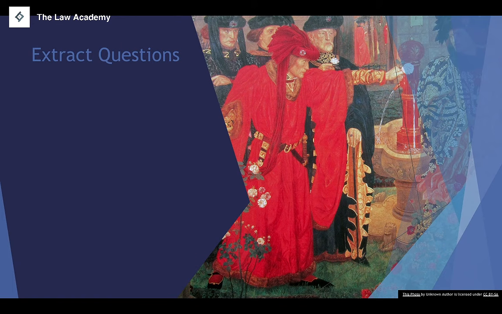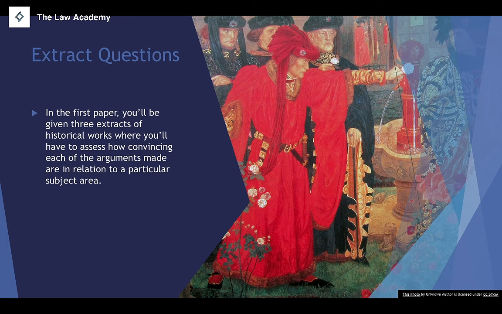The second kind of questions are the compulsory questions, and there are two kinds of compulsory questions. One of them is only available in paper 1 and the other one is only available in paper 2. The one that is only available in paper 1 are the extract questions, and with the extract questions, you will be given 3 extracts, and these extracts are